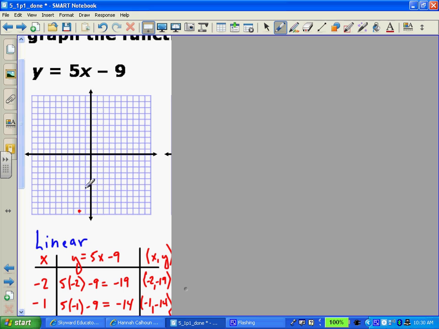So -19 would be about right here, -14 would be right here, -9 would be like right, nope, that's -11. So like right here, -4 and 1. And then I draw a line through there, and I have